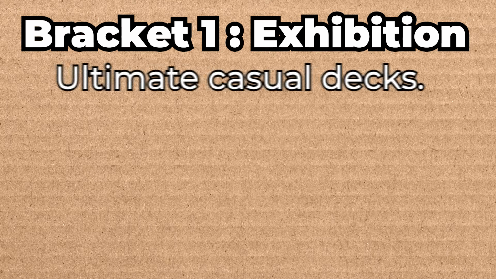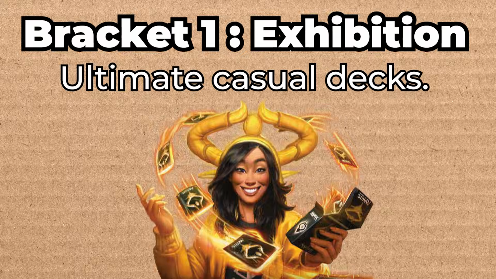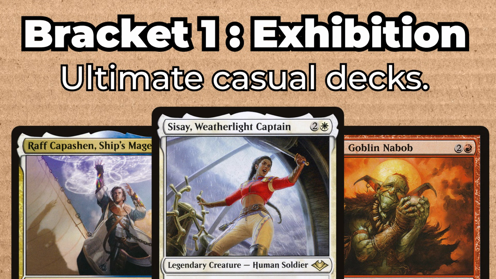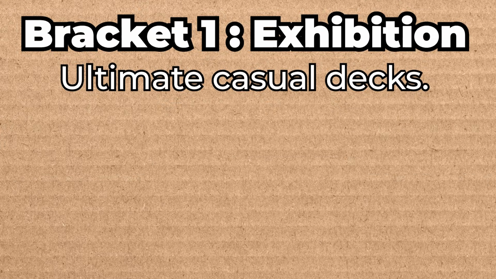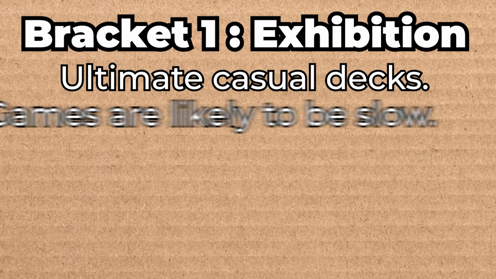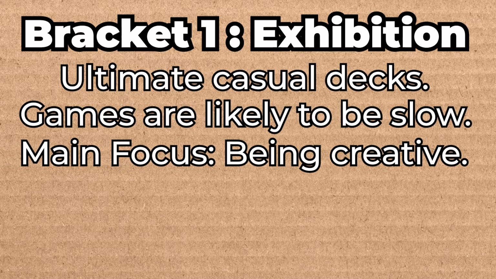Bracket 1, Exhibition. This bracket is meant for the ultimate casual decks. I think it would be fair to say that this could be considered the Vorthos tier. Here you're going to find decks that might only consist of cards that feature the Weatherlight crew, or decks that have strict building requirements like everything must have 2 attack or cost 2 mana. The games here are likely to be slow, but the main focus is having fun and players showing off their